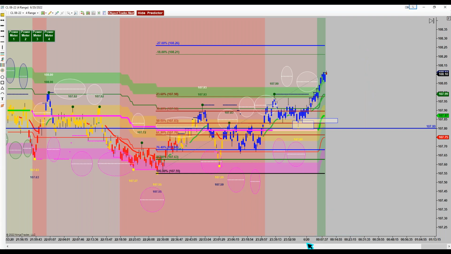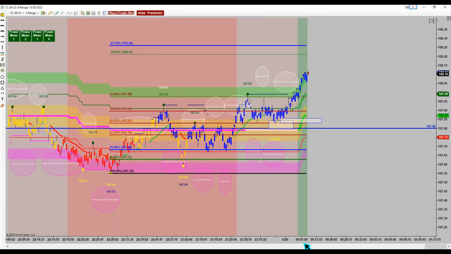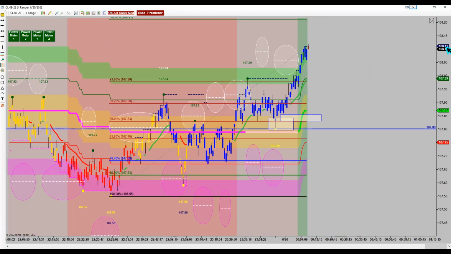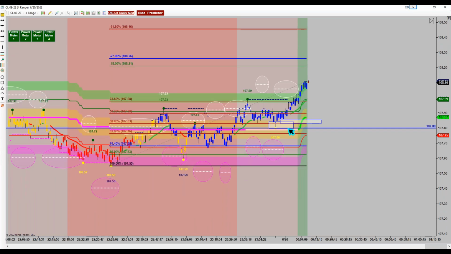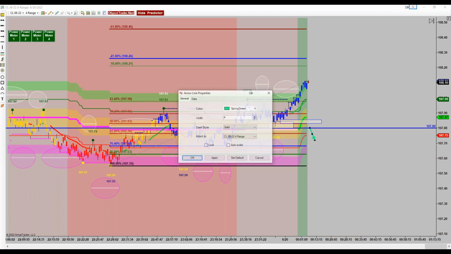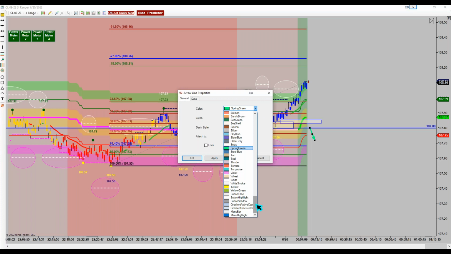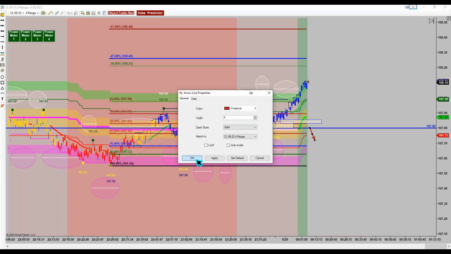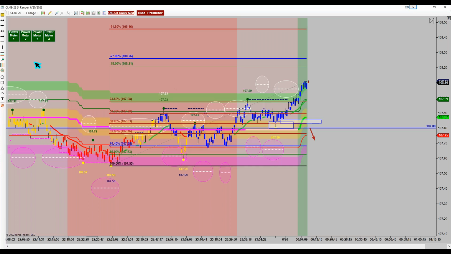Does anybody have any question on this so far? Because all I'm really doing at this very moment is diagnosing a chart. We don't know at this very moment if it's going to break this and head on down. But if it does, would you be willing to short this if it did decide to break this and then come back and kiss it and give you a lower high? Would you be willing to take it then? Because if it does this